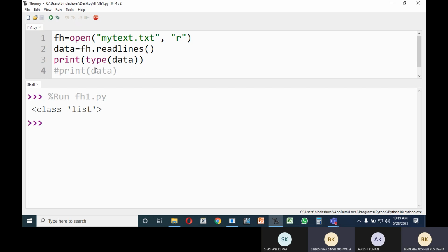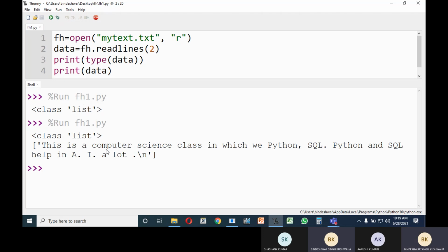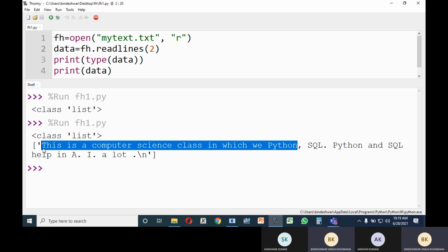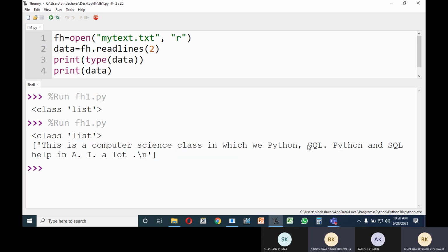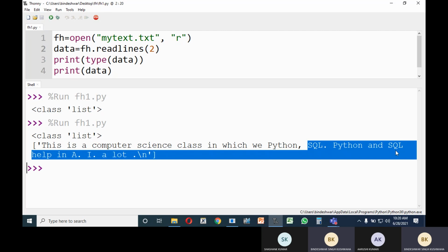Let us see that I'm going to put some argument. Let us try that. I'm going to put 2 only. So if you want to read only 2 lines, using readline you cannot, but readlines. So you can see this one: this is a computer science class in which we use Python. I haven't written the second, SQL, Python and SQL.